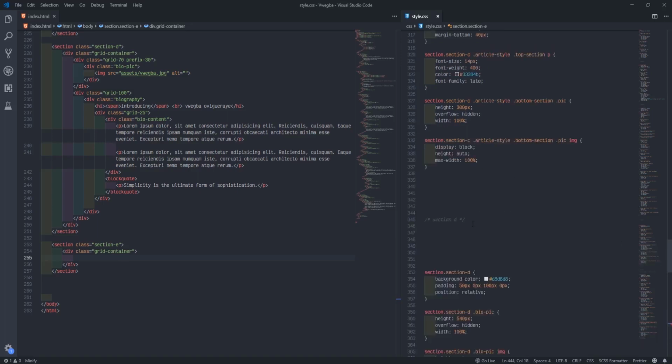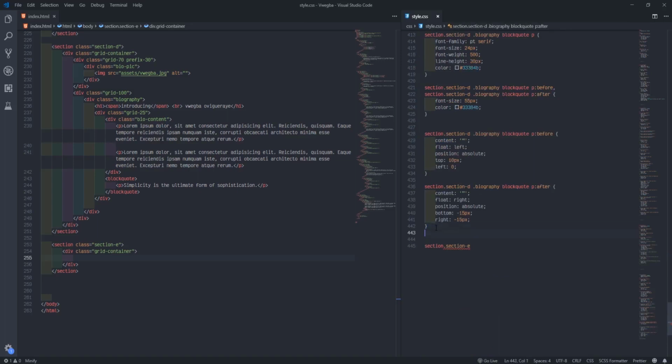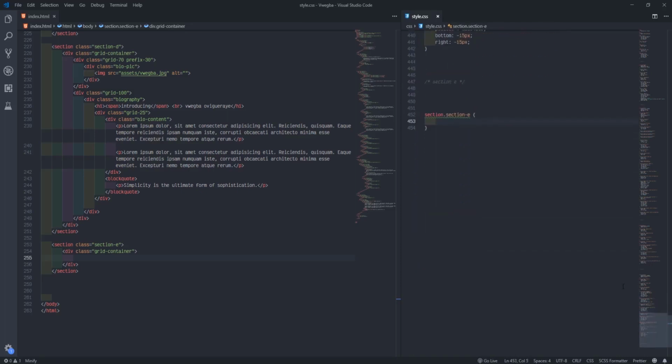Well, don't forget to use our thing. Come here. So section E, and we go give them background color.